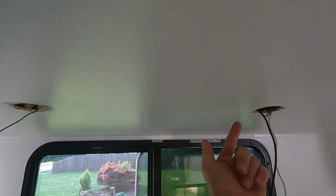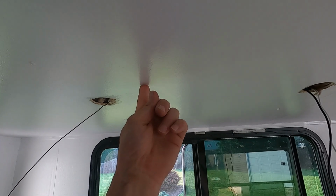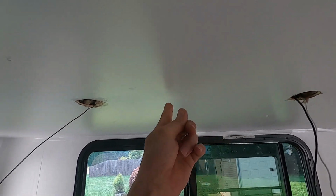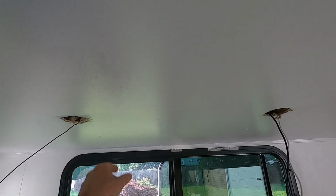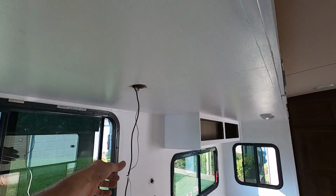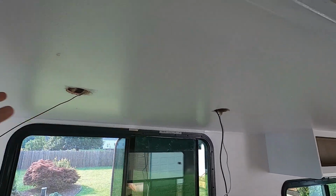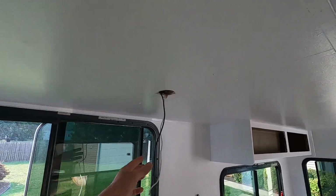I mean, you're just there. Somewhere in here is a beam though. If you push on the ceiling, it's soft there, and it gets hard there and then soft. So right about here is a rafter of some sort, a support of some sort. And there must be a small drilled hole for these wires, because like I said, these wires did go through there. But as I was pulling it through, it hit a snag,